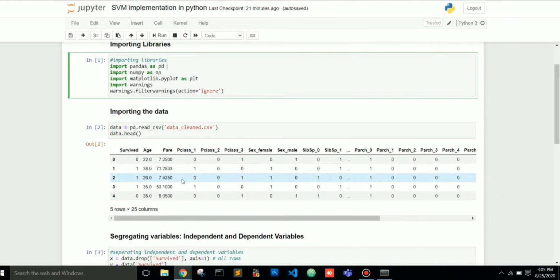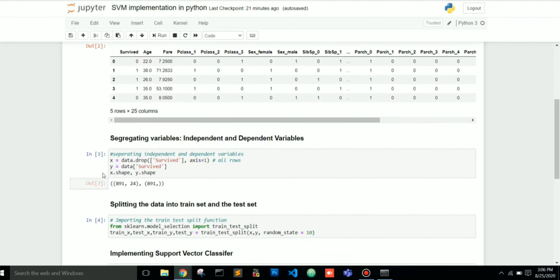So here there are 5 rows and 25 columns. Here we have to segregate our variables into dependent and independent variables. In X we will store all columns except Survived, and in Y we will store only Survived.